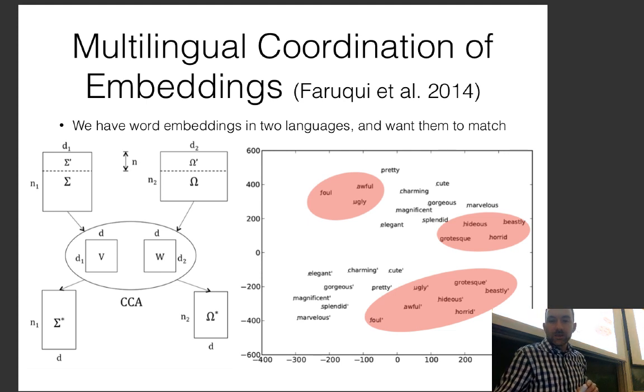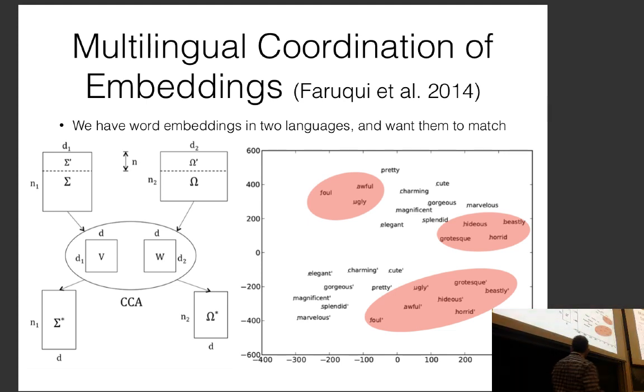So another example of how you can do multilingual training of embedding spaces is joint training, which was done by Wong et al. in 2015. Basically what they did was they took parallel data, so you have data in two languages. You take word alignments between the words in the parallel data, and then with some probability, you just swap the words that are aligned in the two languages with each other. So you get something that looks like,